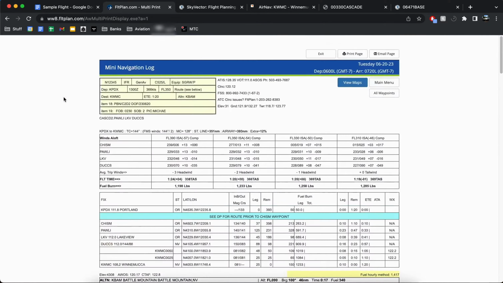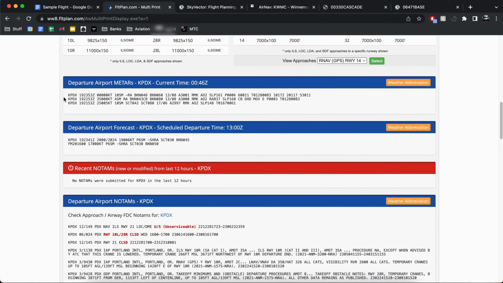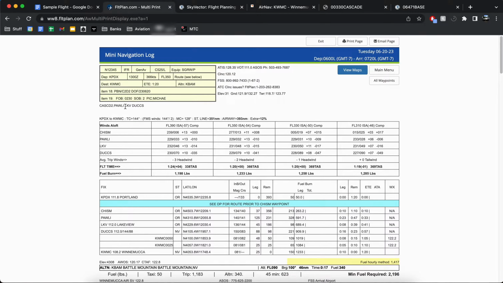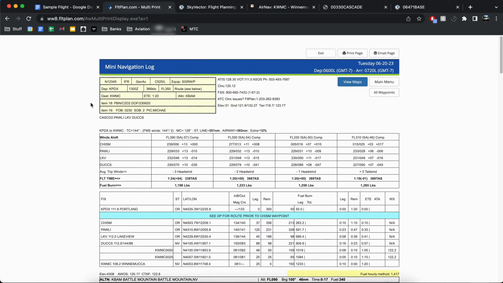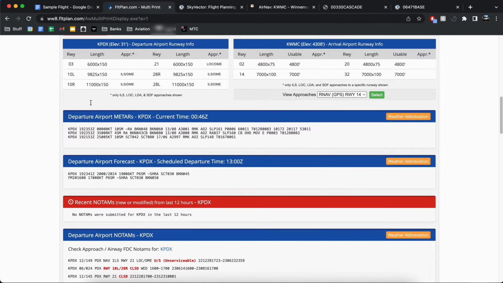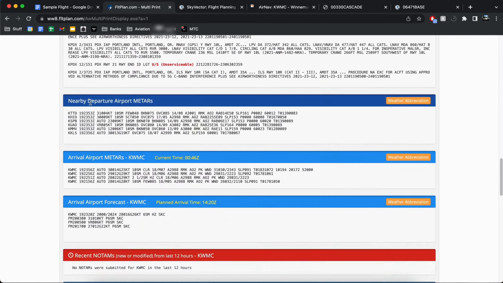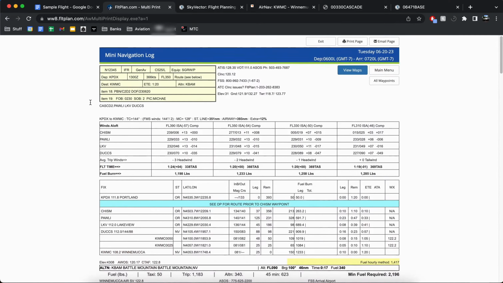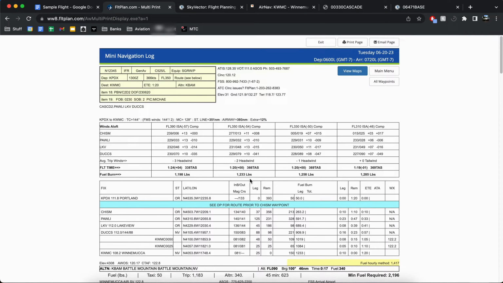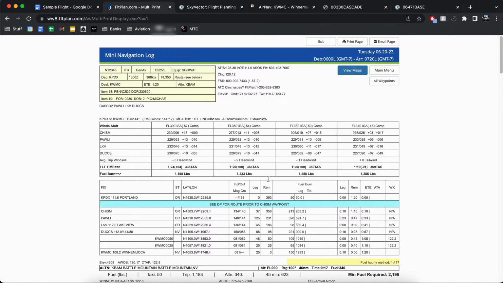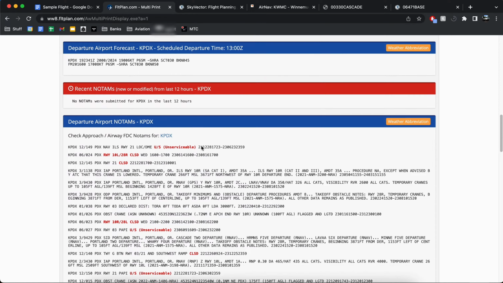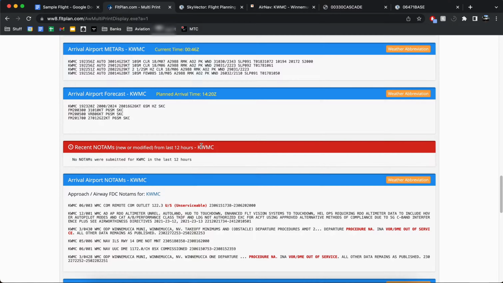Anyway, so this is your navigation log. Lots of good stuff in here. I would recommend, you don't have to, a lot of people don't. I didn't for a while, but I do now, print this off and keep this. It would be smart, at least this first page. And even actually, honestly, the whole thing, it would be good to have for your records, either print it or